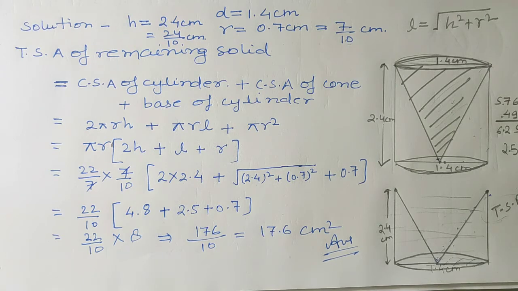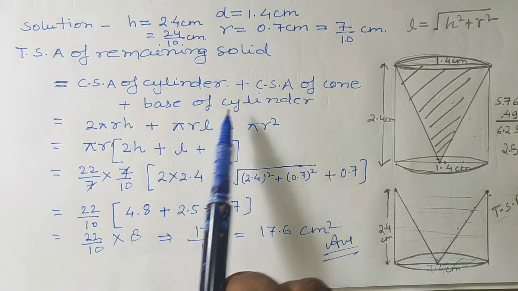So students, little bit calculation will be complicated here, but not that much, okay. And one more thing, you have to understand this concept, that whenever any solid is cut out from any solid, okay, then that wall will be generated there. Then you have to add that curved surface area of that solid also, okay. But in the case of volume, here you are adding, na.